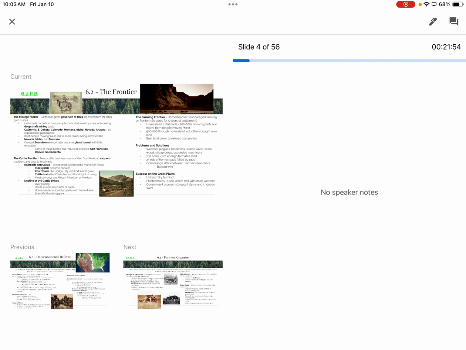Now, it sounds all well and good, but what do we now know about this land? Was it easy to farm? No, it's really difficult to farm, right? So the Homestead Act was great in theory, but there wasn't huge booming success. It did get people out west, but a lot of people saw those farms fail because the land was so hard to farm.